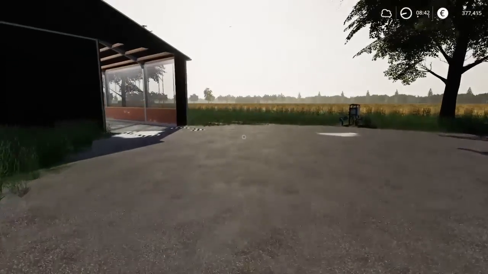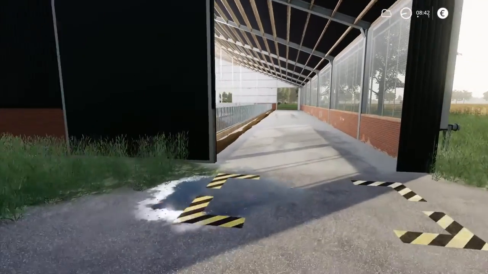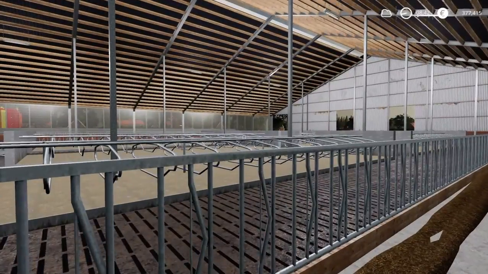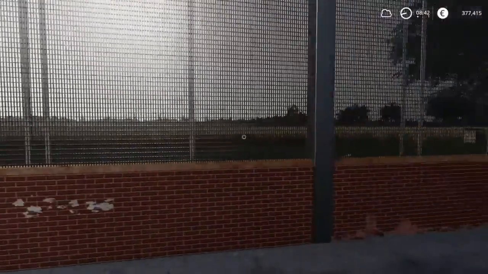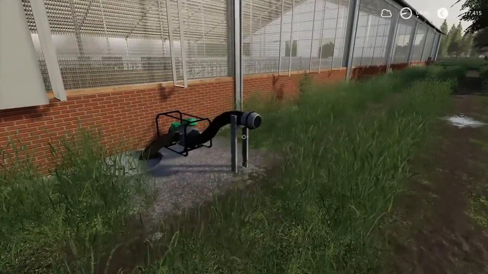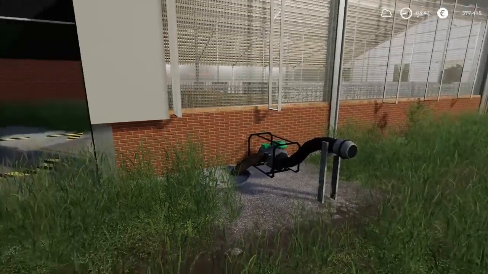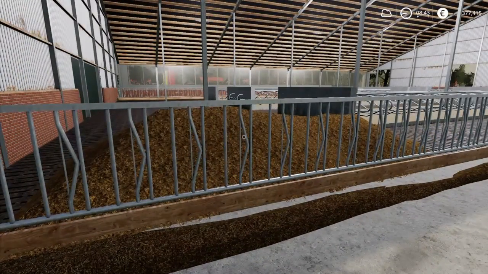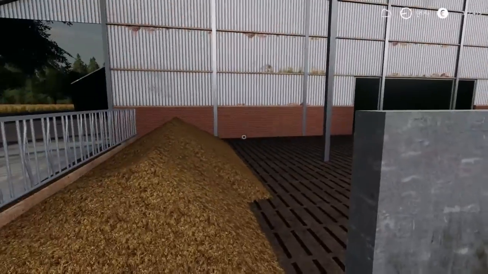question or wondering I have is about the manure. I have filled up the same area with straw, and I couldn't find where the manure was coming out. I assume that this is the slurry point, where you fill up a slurry spreader or tanker, but I couldn't find the manure at first until I saw here. So I guess this is the manure, which is popping up here,